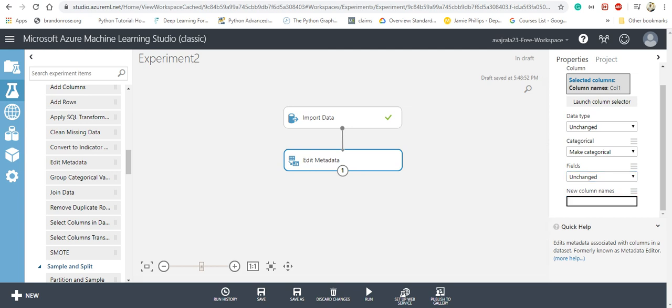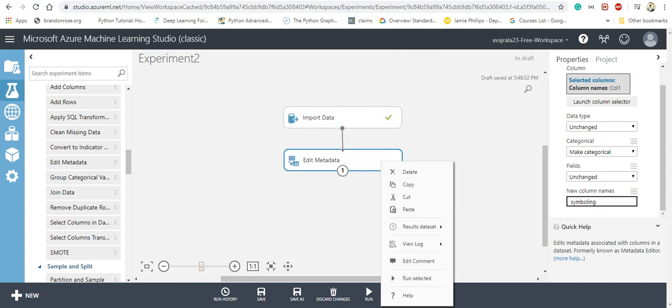What is the name we want to keep for that column? We want to give a new column name. We call it symboling. So we rename it as symboling.